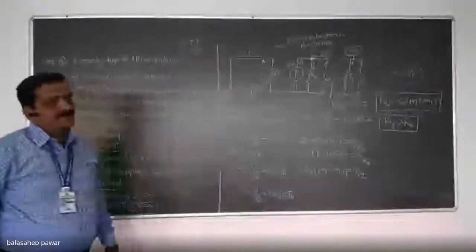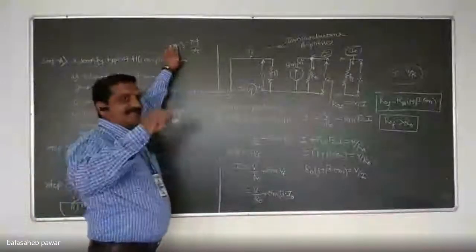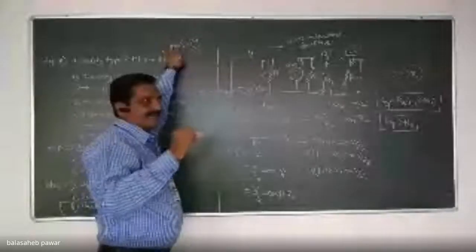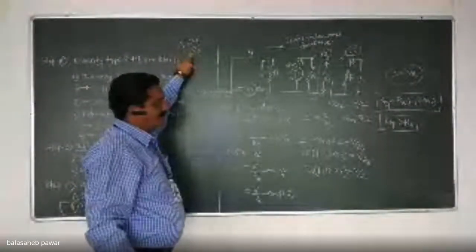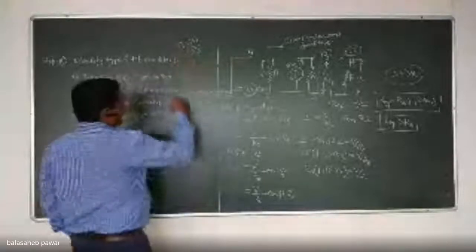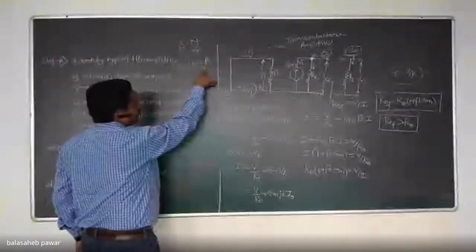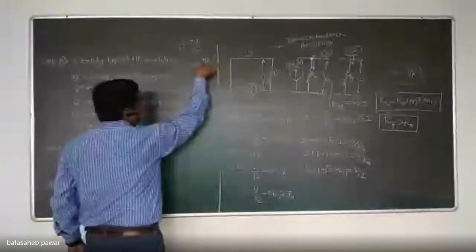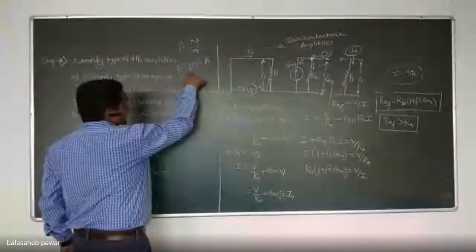Once you determine that open loop gain in general, that is A, as I already mentioned, it will be either AV or GM. Later on you have to find out beta, that is XF by XO, by noting it. Later on you can immediately find out capital D, that is nothing but 1 plus beta A in general. So this A may be either AV, that is the open loop gain of the voltage series feedback amplifier, or it may be GM, that is the open loop gain of the current series feedback amplifier. So calculate D. Okay, and later on it will be very simple.